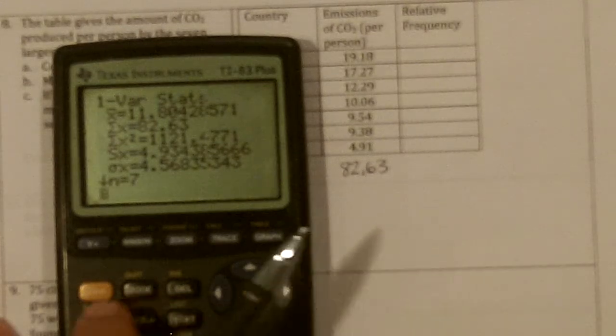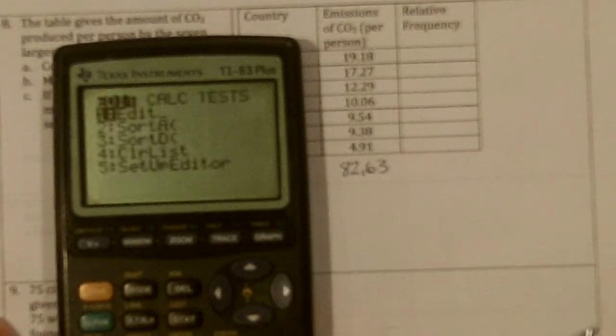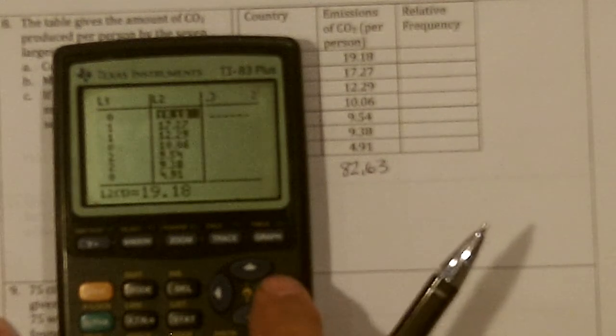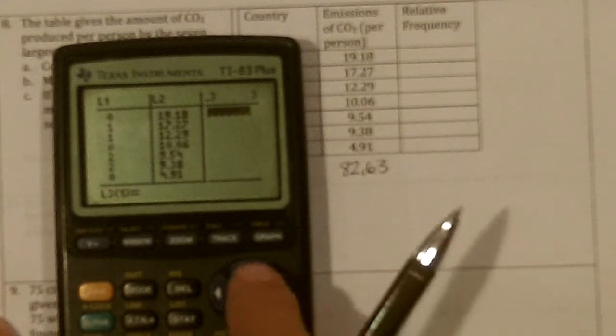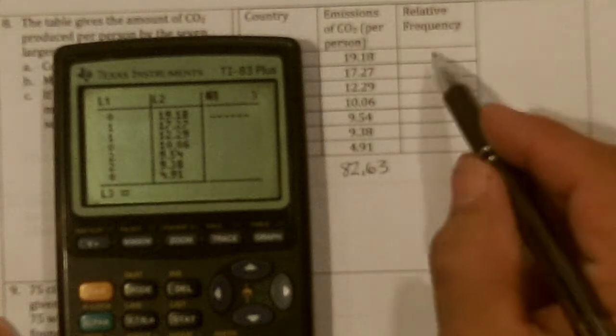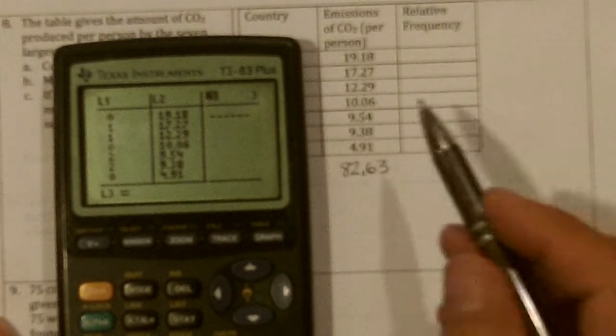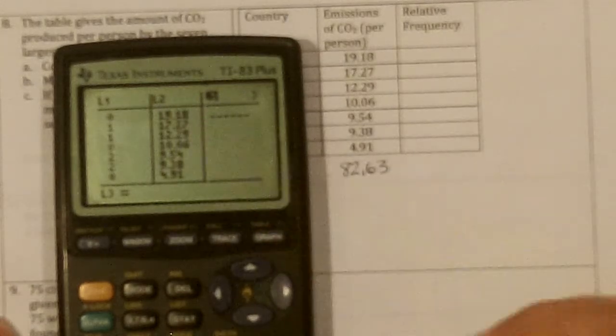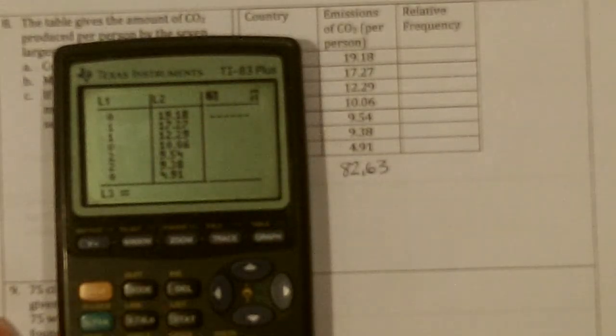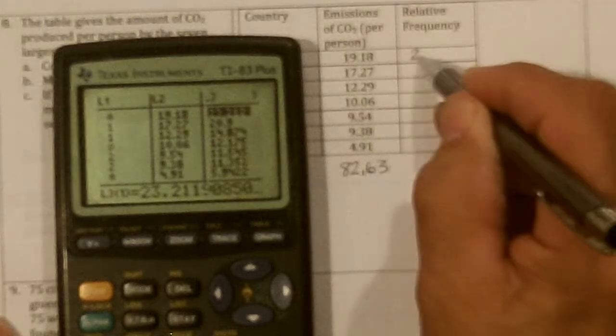And now, if I go back to the stats and edit, if you had a calculator like this, you could go up in list 3 and say, figure out these percentages by saying list 3 is equal to list 2 divided by 82.63 and then times 100 to make them percentages, and we get